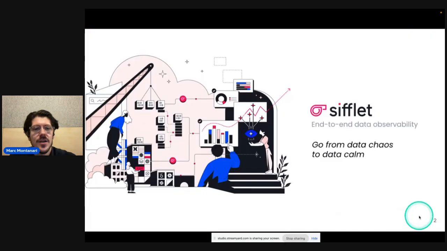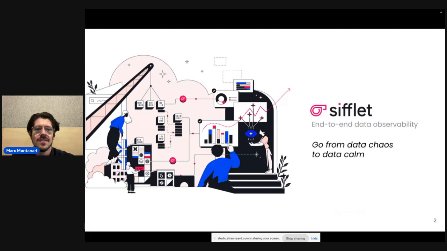A quick introduction for Snowflake if you've never heard about it. Snowflake is a data observability tool. We are an end-to-end solution to bring data observability to your data stack. And our goal is really to move from the data chaos that you can have in your data pipeline, from errors, broken pipelines, unknown schema changes, etc., to being able to organize that